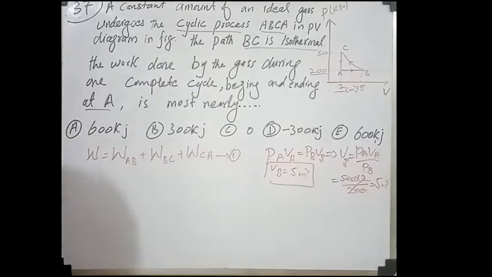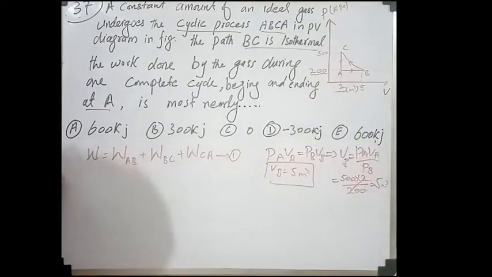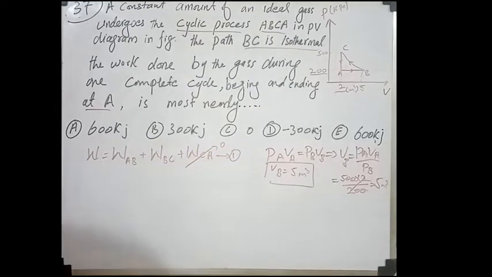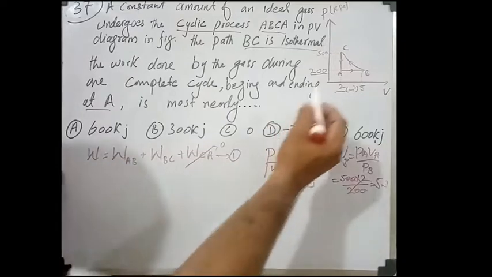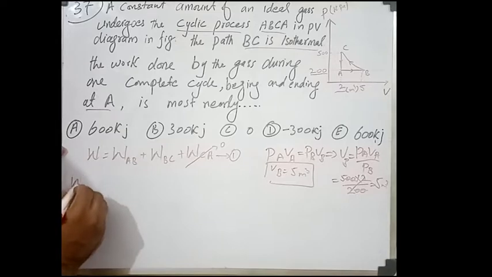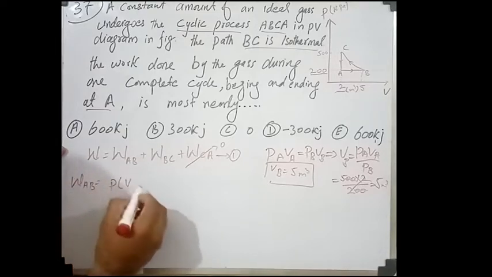First of all, if we see from C to A, there is no work because there is no expansion in volume, so this term goes to 0. Now the work done from A to B, this is equal to P times